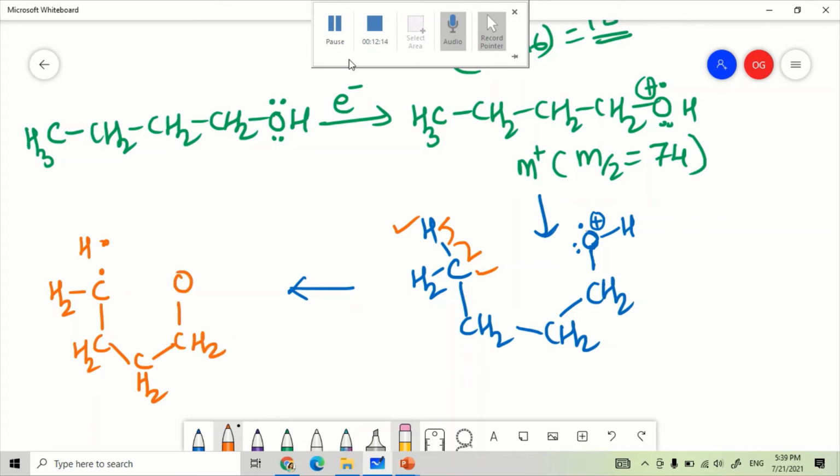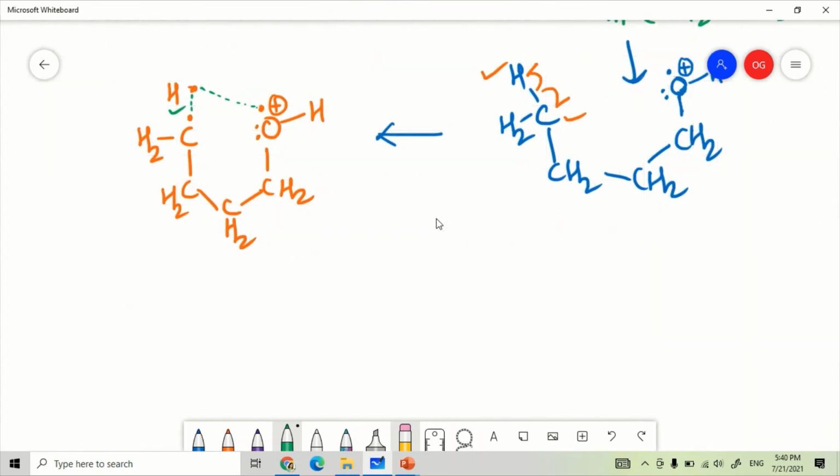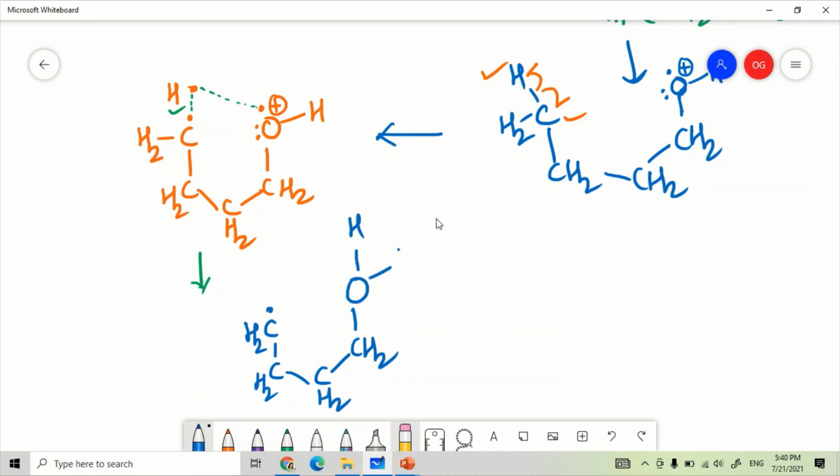Okay, here I have reached the oxygen. These are the electrons on the oxygen, this is the charge on the oxygen, and this is the hydrogen. So now this bond is breaking, and simultaneously this bond will form. Because of this, the structure will look like this: CH2 with an electron on it, then CH2, CH2, CH2, oxygen, 2 hydrogens on it, the charge and a lone pair.